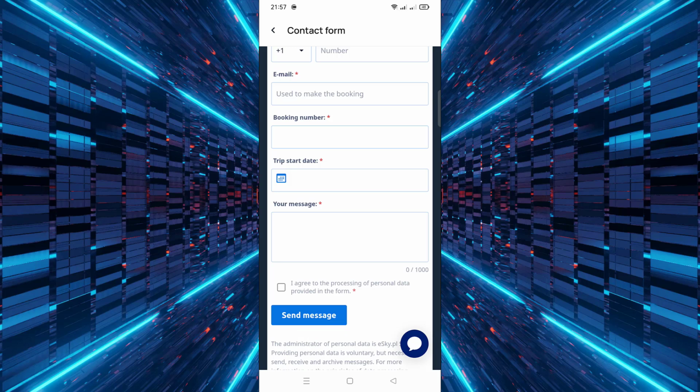Contacting Esky support through the app is straightforward if you follow these steps carefully. Using the contact form ensures your inquiry reaches the right team efficiently and helps